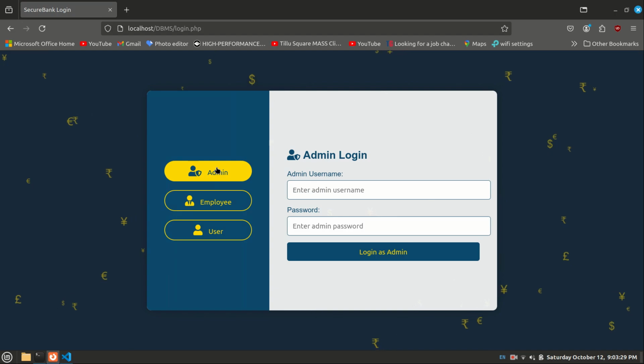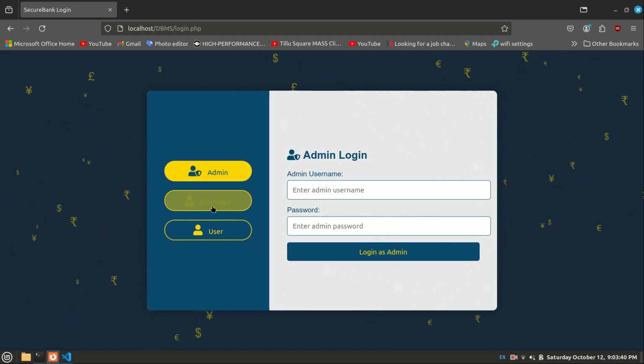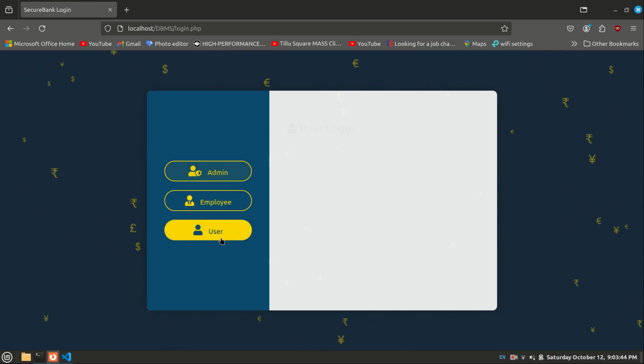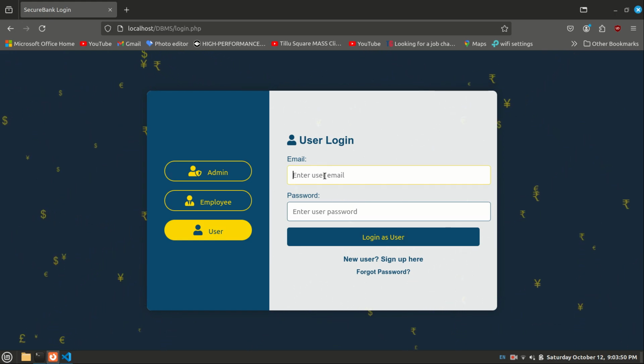In login, we have three, of course. The background animation is kind of weird, but I felt it was nice. But yeah, continuing, we can see there are three logins: there is admin, there is employee, and there is this user. So where we're trying to hit upon, and yeah, in user, before we